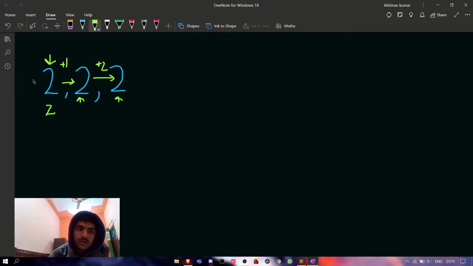Our final numbers at the panels will be 2, because we stop at 2. Then 2 plus 1, because after 1 second it will go there. And this one will be 2 plus 2, which is 4, because 2 is the initial and plus 2 because it will go after 2 seconds. So after 2 seconds, the panels would be like this.